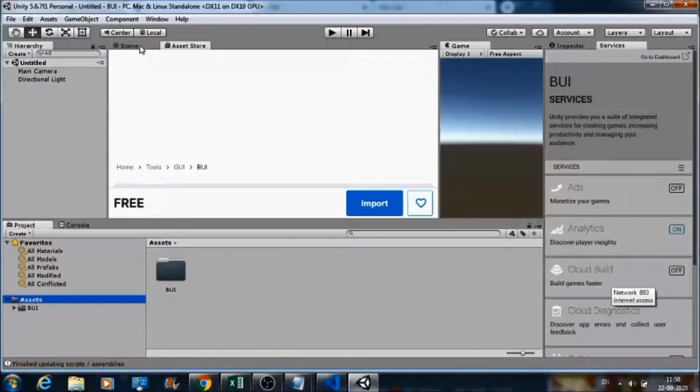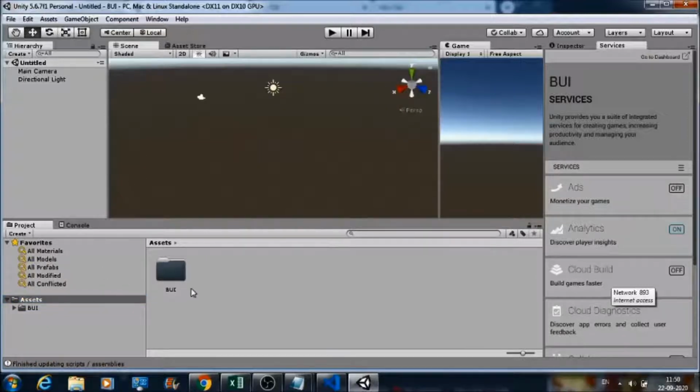This is the folder that you're going to see. So we have successfully imported all the packages related to BUI in our game.